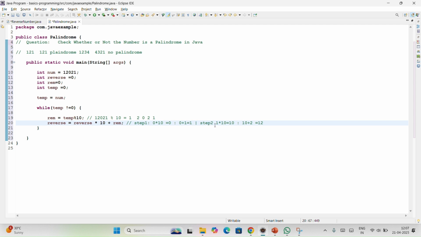Second time, that 1 is there now. First of all, reverse into 10, so 1 into 10 you will get 10. After this, 10 plus the remainder. So 10 plus 2. Our second remainder is 2 here. So 10 plus 2 is 12. The same thing is happening again and again until